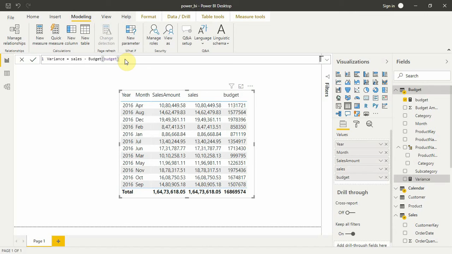Cool. I think there's some error here. I think we need to specify the sales. Now I think it will work.